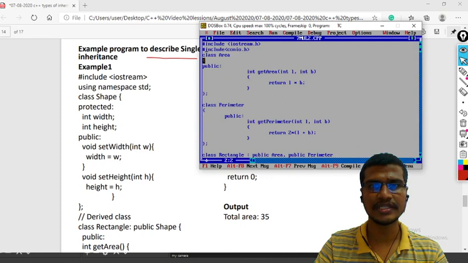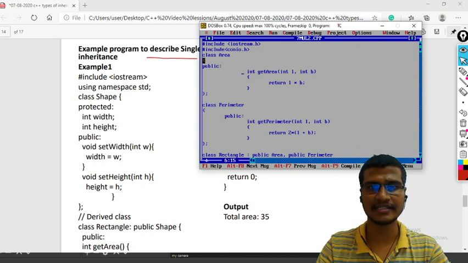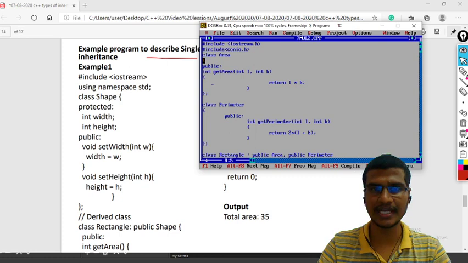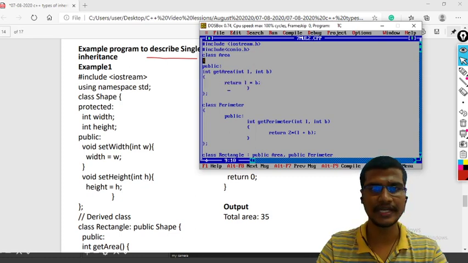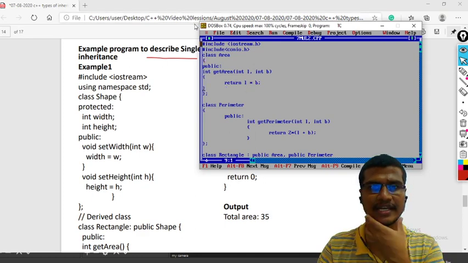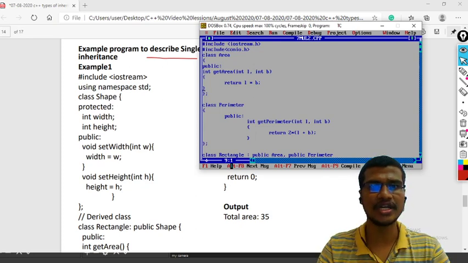So this is your class. Area is the class. Okay. So area is a class which has one public method which is used to calculate the area, which is used to return this area.